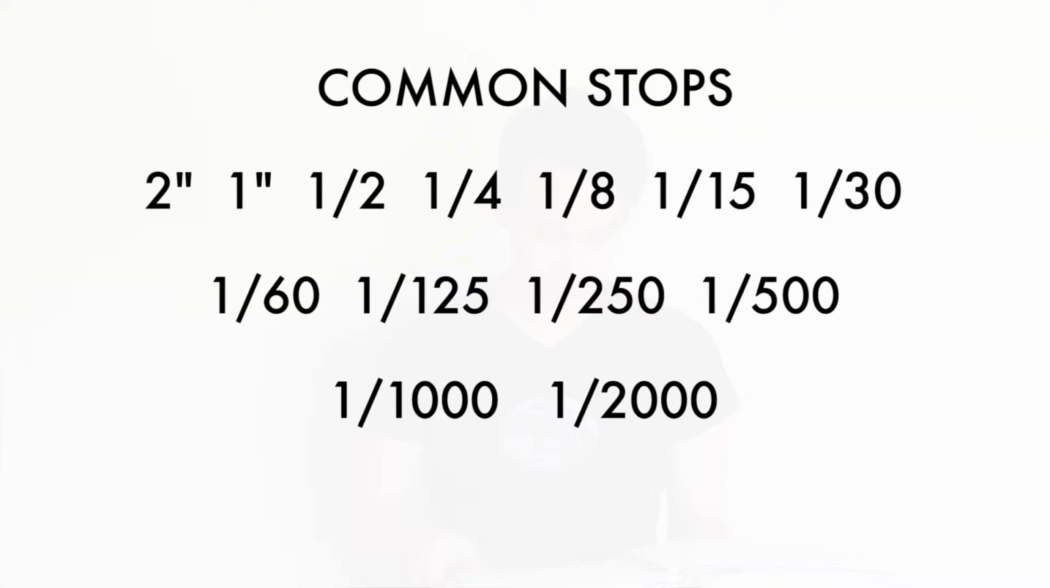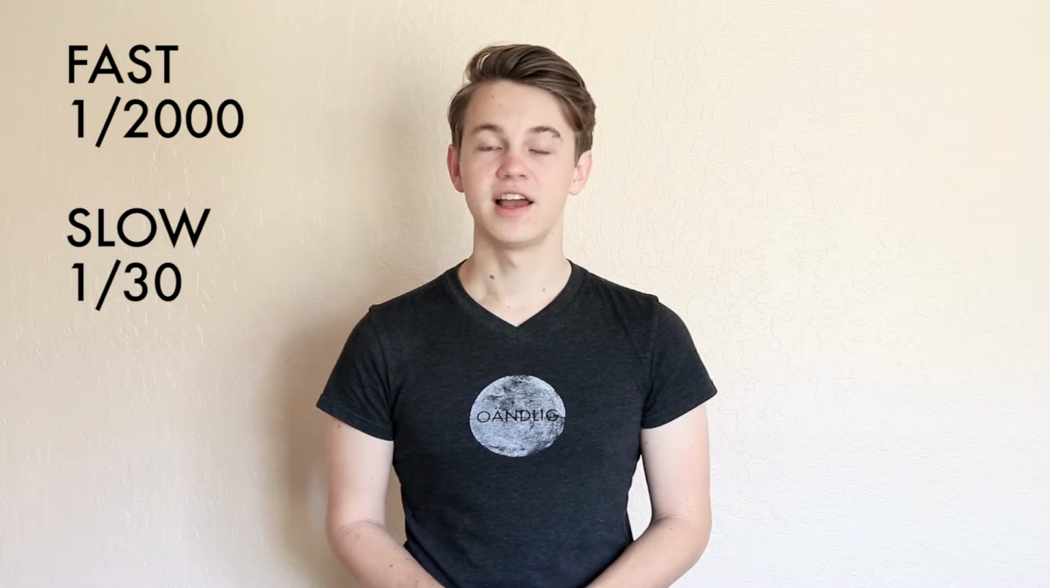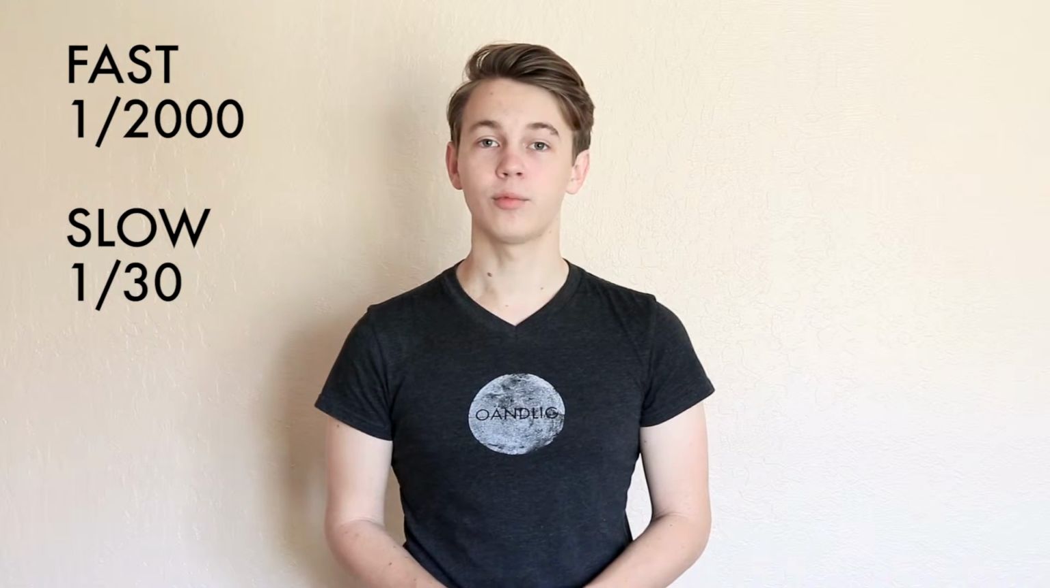These speed adjustments are measured in seconds and fractions of a second, with stops at each multiple of 2. Common shutter speed stops are 2 seconds, 1 second, 1/2 second, 1/4, 1/8, 1/15, 1/30th, 1/60th, 1/125th, 1/250th, 1/500th, 1/1000th, and 1/2000th. Smaller fractions like 1/2000th are fast shutter speeds, and slow shutter speeds can be anywhere from 1/30th to hours long. Fast shutter speeds start around 1/250th of a second and go to about 1/4000th of a second on